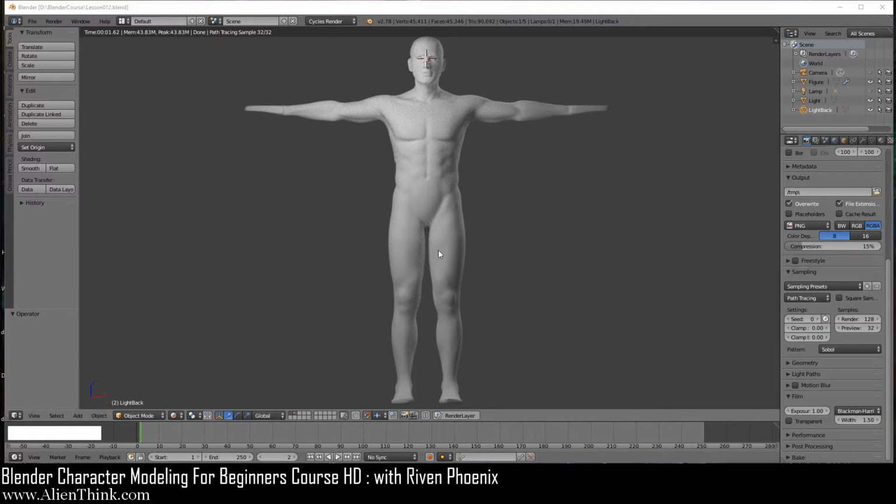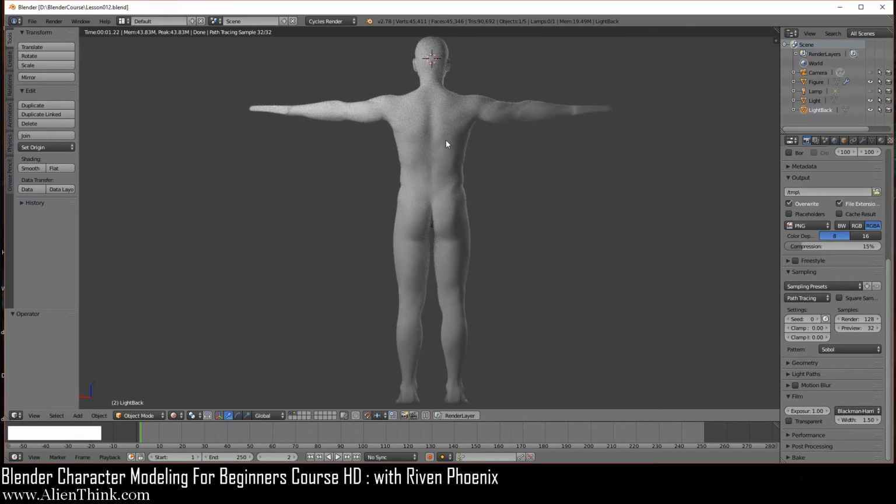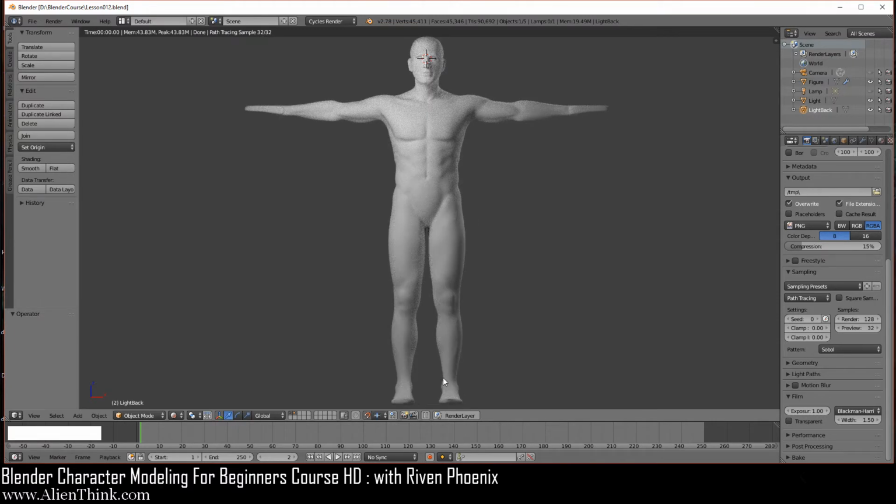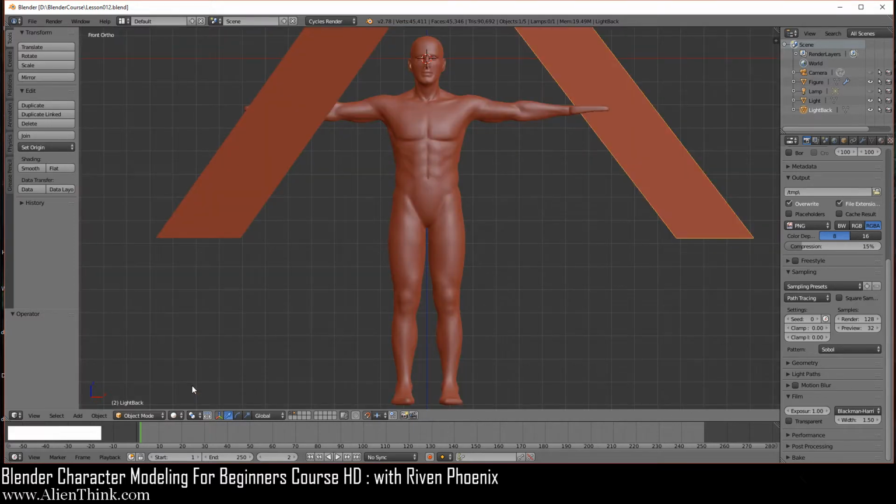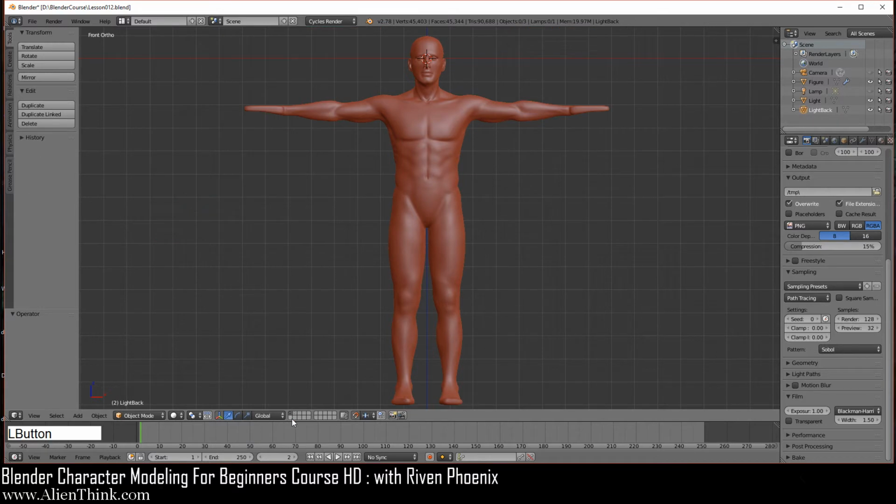Okay, so in the previous lesson, we had looked at the surface anatomy for the back of the figure. Now we're ready to move on into the area of the foot and the toes. So the first thing that we want to do is switch to solid view over here and make sure that our snapping is enabled and you're back on increment, and just select on this layer over here and right click to select the figure.